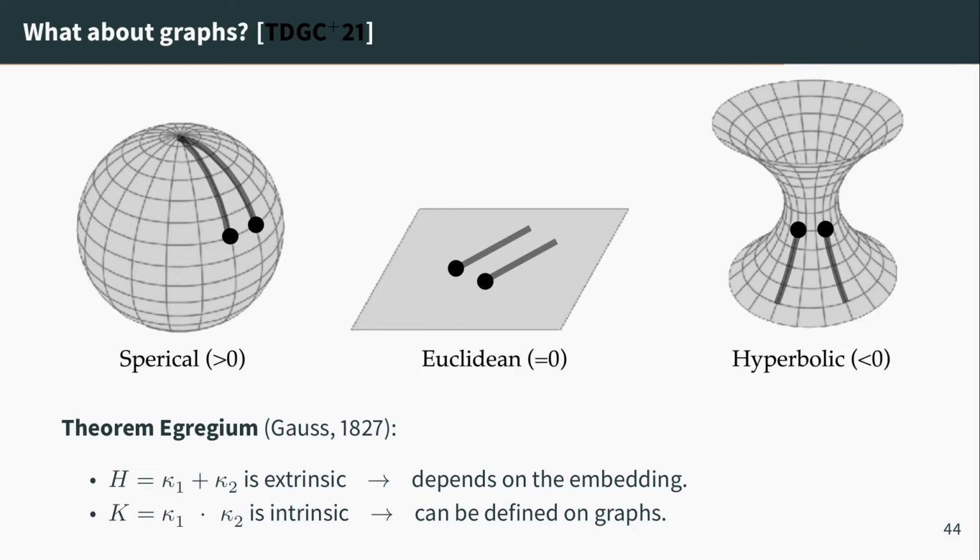On the other hand, the product between kappa 1 and kappa 2, this is intrinsic. This can be defined purely using geodesic distances on the graph. The way you can see that is that if you take your sheet of paper, kappa 1 equals 0, kappa 2 equals 0, so kappa 1 times kappa 2 equals 0, and if you fold your sheet of paper without tearing it, you see that at any given point, you're always going to have one curvature which is equal to 0. With a sheet of paper, if you do not do anything strange, you're never going to get kappa 1 and kappa 2 non-zero. So you see that in terms of intrinsic geometry, this is a quantity that is preserved.